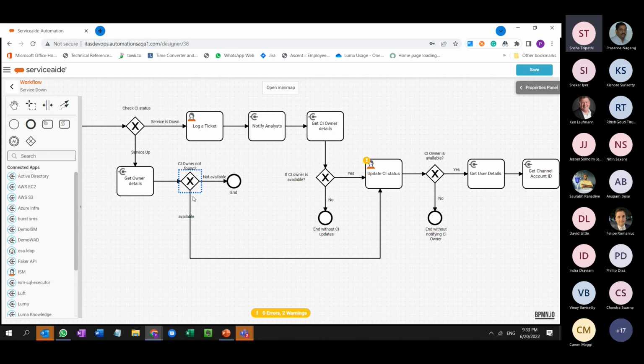In that case, we again verify what the CI owner details are. If the CI owner details are not found, or if the CI itself is not found, we end the flow. If the CI details are found, we go to update CI status. We make a call to ISM, set the CI status from down to now active, and then follow the same